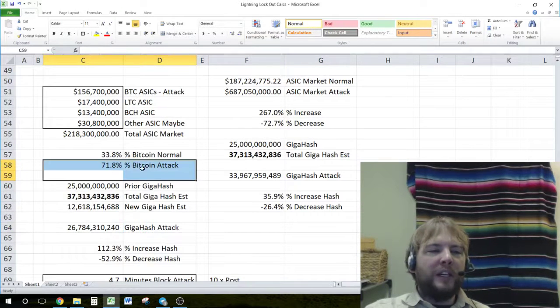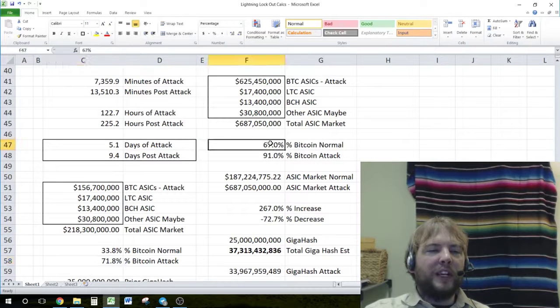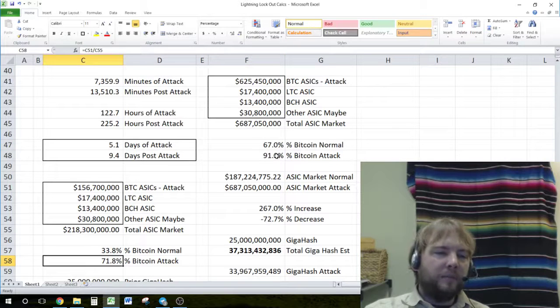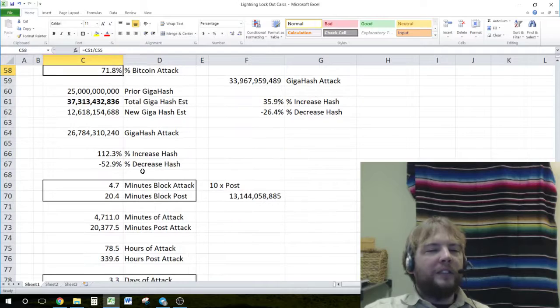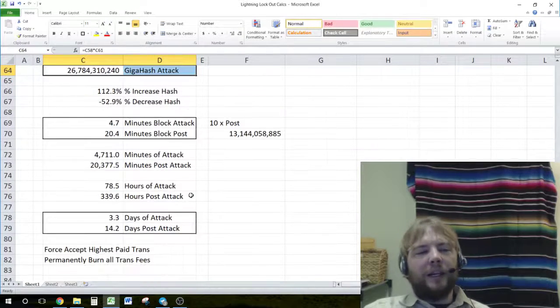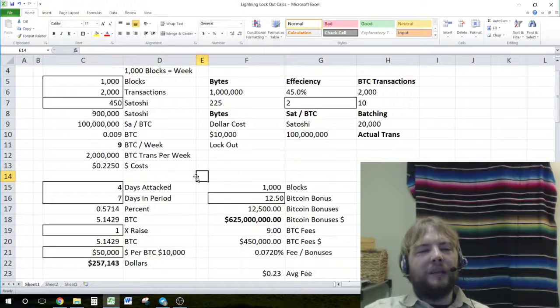However, that would be because we would consume 71% of the available gigahash, whereas currently we're consuming 67% of the available gigahash in the world for ASIC mining. All right. So now to keep going with that, what would happen here is that the demand